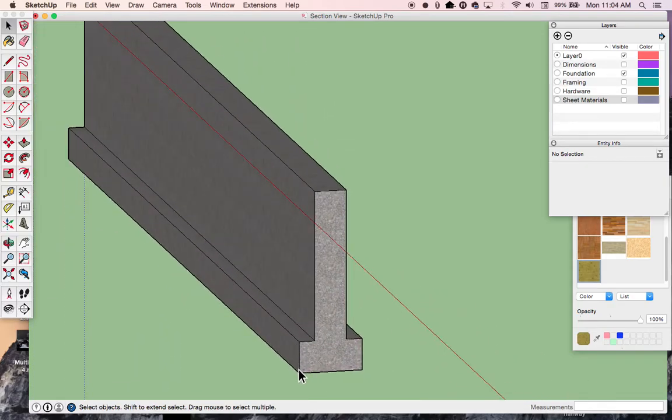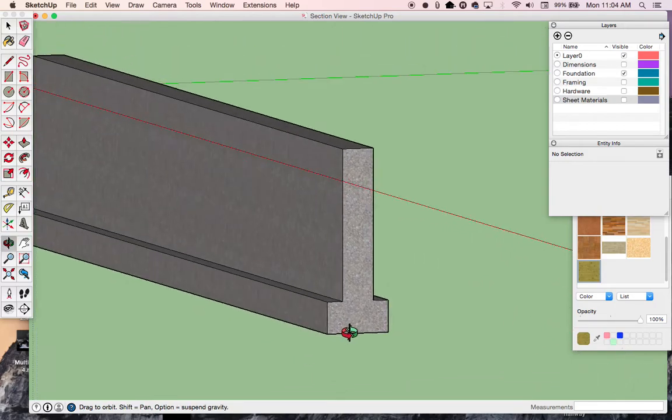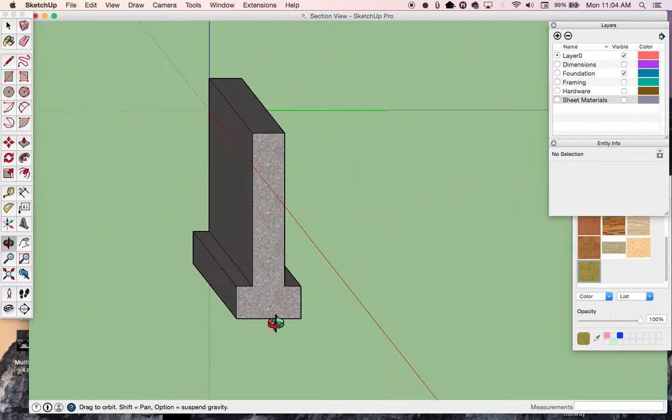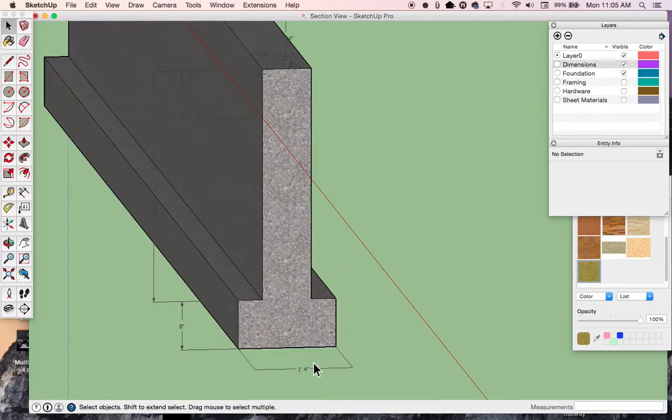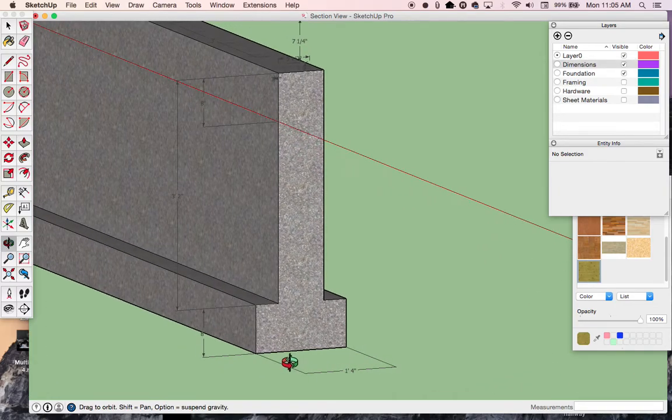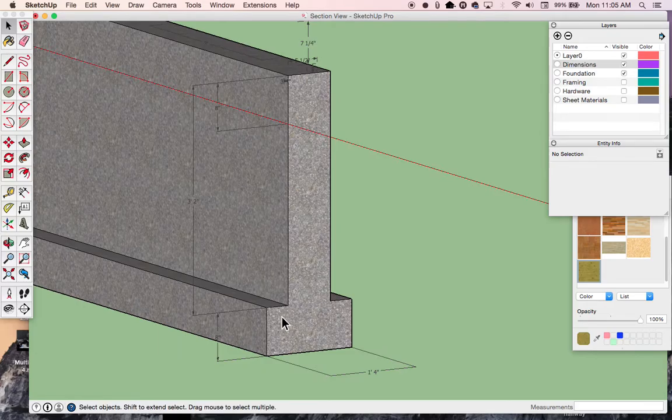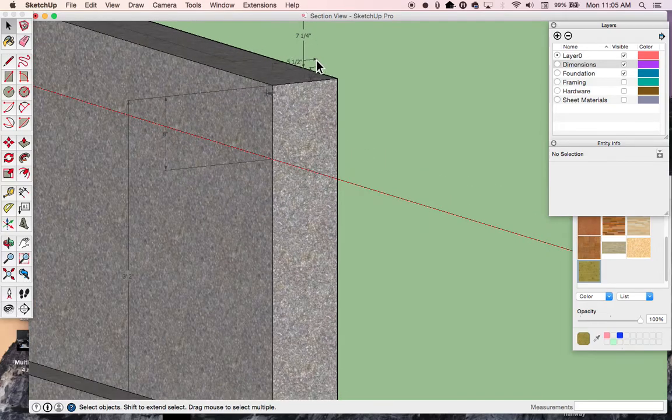There is a footer in the bottom of this foundation. This would actually probably be a trench that's dug for our structure, and in the bottom you have a footer on top of which you have a foundation wall that is then going to support everything that exists above the ground. In this case, I'm going to put some details up and zoom in so you can see them. I can tell you the bottom of this footer is 1 foot 4 inches wide, on top of which I have a